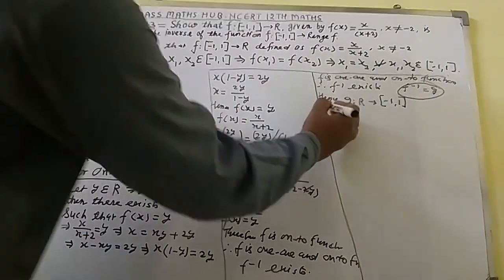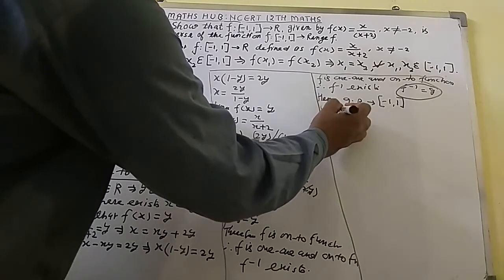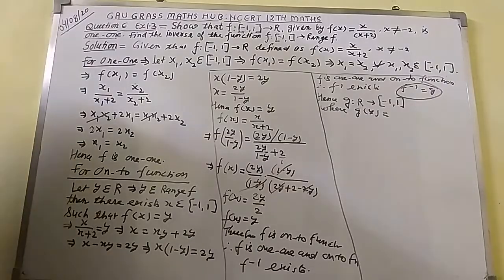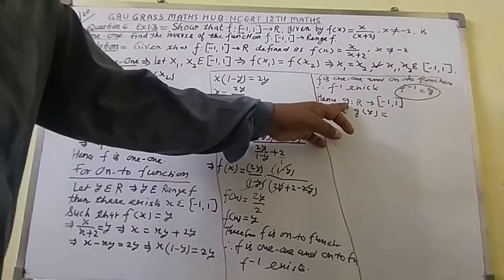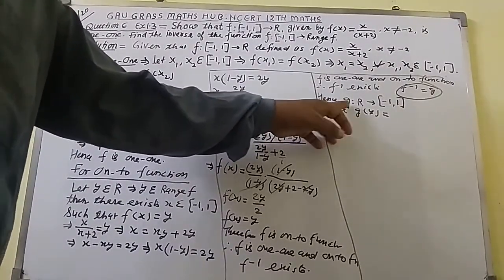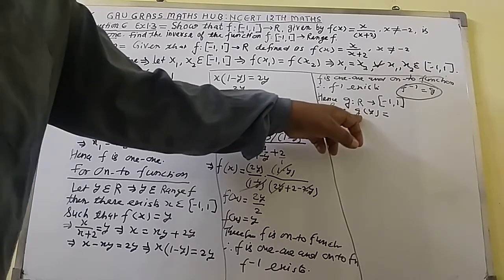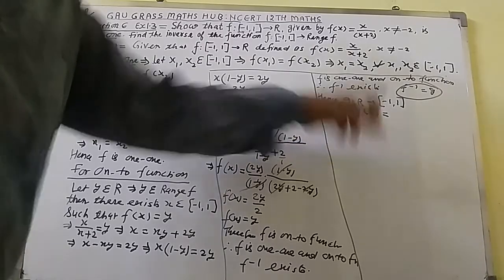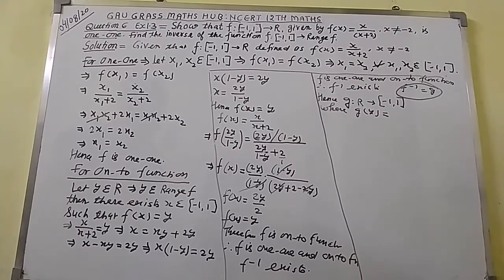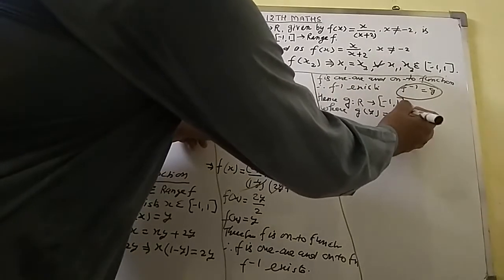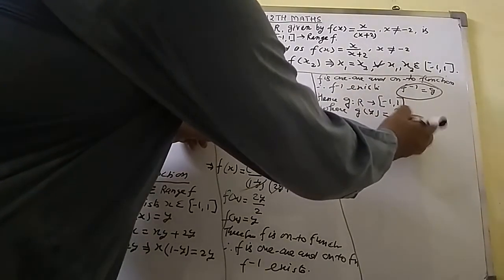So here I have written the same thing. So what we will do here? Here write where g(y) equal to g(y). Here you can see g is there. So here write g. Here you can see in the reverse function, g is there. Along g take y. The value of g(y) we will get from here. You can get from here. So here I have got 2y over 1 minus y.